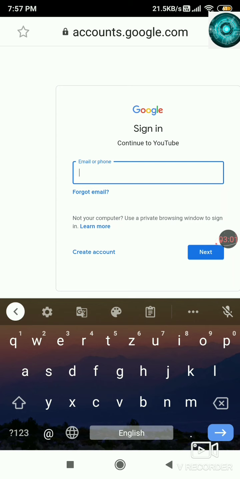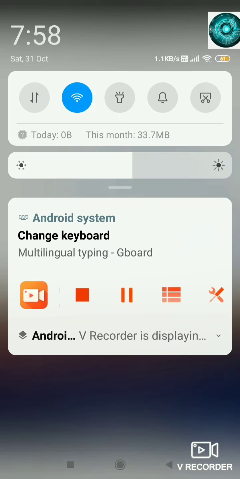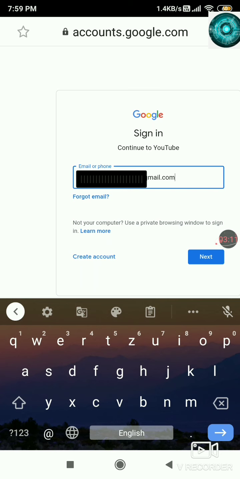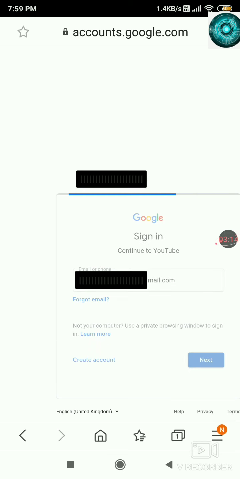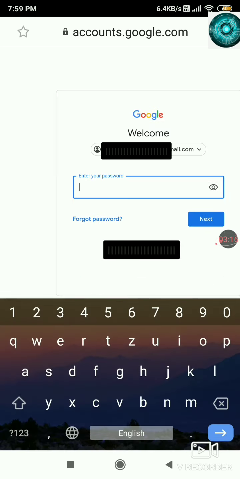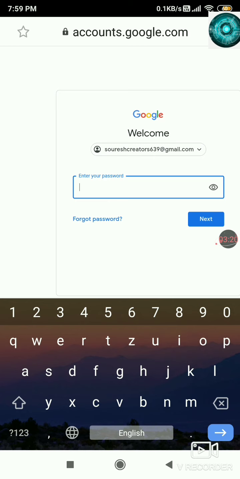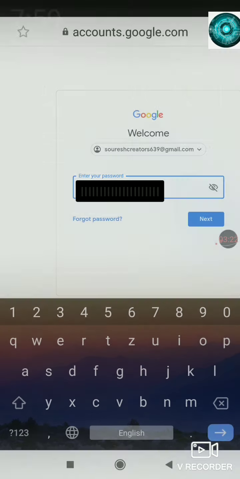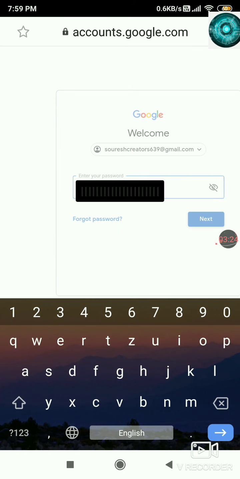For privacy I will hide my account, so please don't look. After entering my account I tap next. Now I will give my password. Now I will tap next.